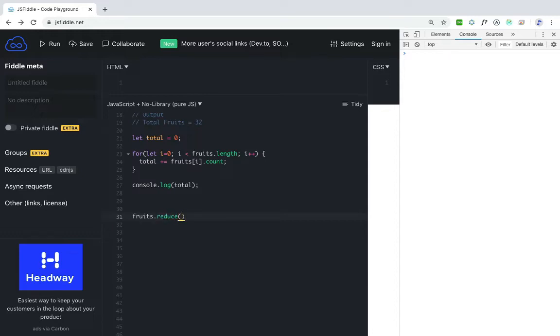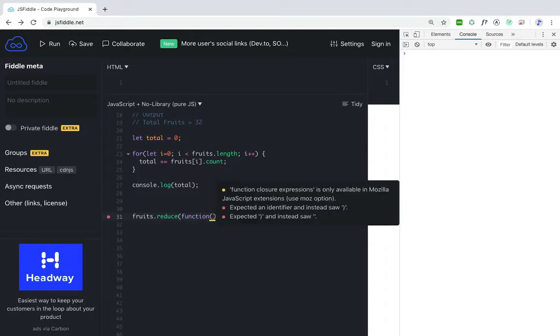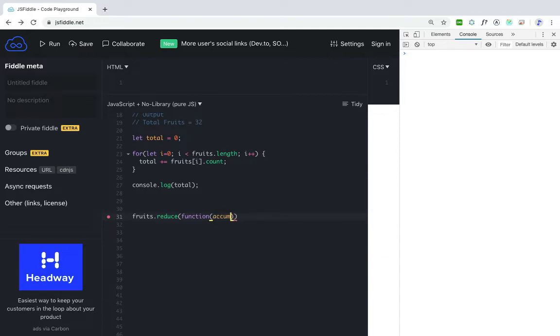This reduce takes a callback function. In this function, the first parameter is the accumulator. The second one is the current object, and the second parameter to this reduce function is the initial value of the accumulator.